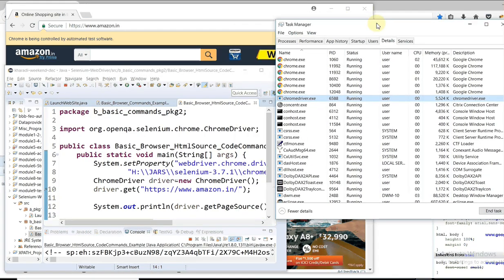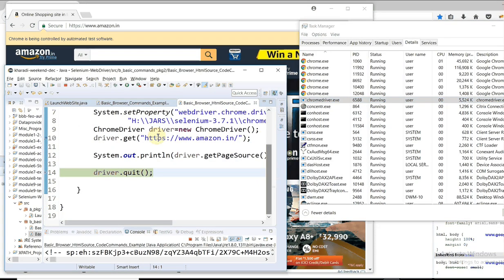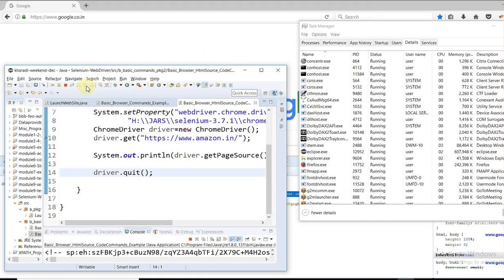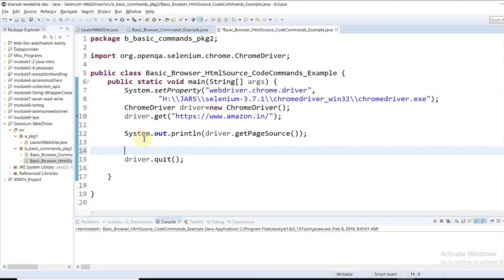Okay, so if you see here, guys, on the right hand side I have the process, and when I say driver.quit, it closes the session, in fact the browser, and it will also kill the process which you see in the task manager, right? So if you see here, it has killed the browser as well as the process, right? So driver.quit, the point I want to explain here is that driver.quit will close the browser